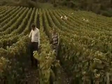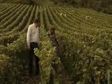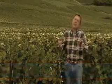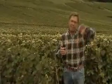In Champagne, there are 4 different areas for grapes. We have Côte des Blancs, from Épernay to Cézanne, the south of Épernay, mainly planted with white grapes, Chardonnay. After we have a very big area from Épernay to Reims. We call it Montagne de Reims, mainly planted with Pinot Noir. We have in the south of Champagne the Aube region, and here we are in the Marne Valley, mainly planted